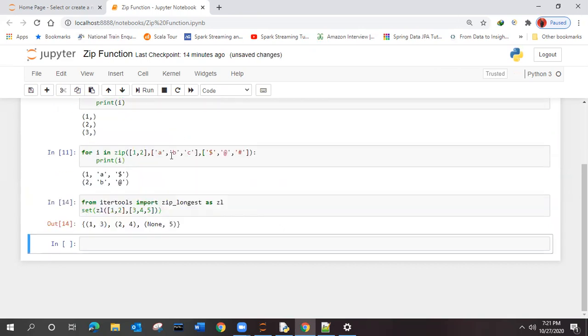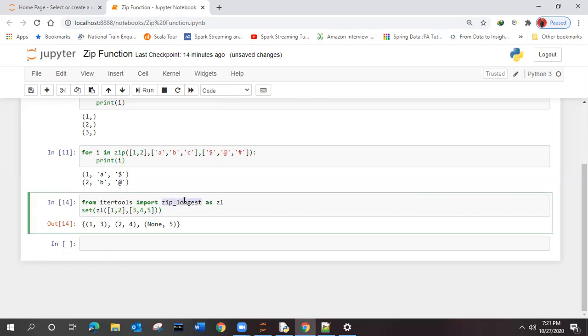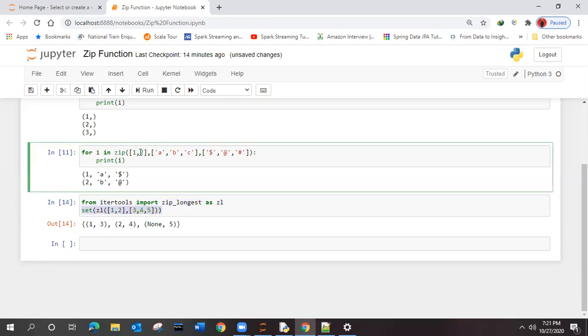Earlier we were getting only the two, right? But if we make use of zip_longest, it will form for the longest. As you can see here, we are getting only for the one and two. We are not getting for this C and hash. Here we can give Z1 instead of ZL.